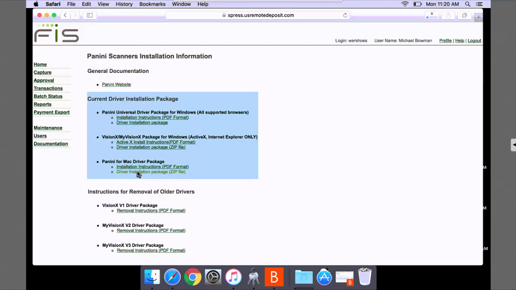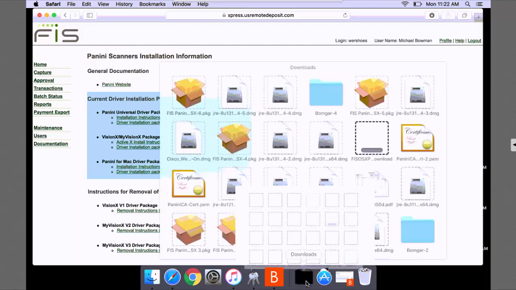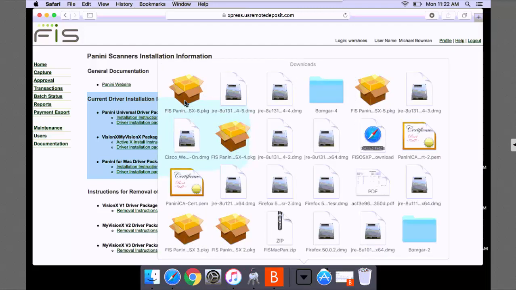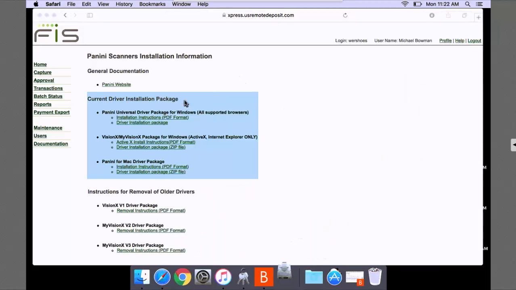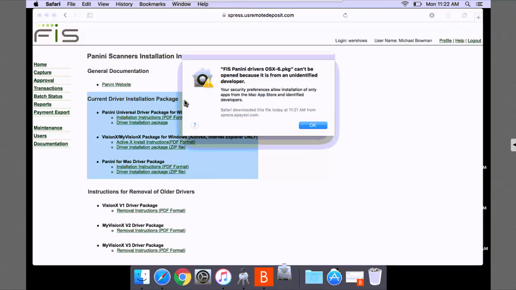This will begin a download once again. After the download is complete, the downloads folder will bounce up and down, and we will go ahead and run our newly downloaded driver installation package. Depending upon the security level of your user's Mac, once you attempt to run our driver installation package, you may receive a message informing that you are unable to run this package due to it not being an application listed in the Mac store. Go ahead and hit OK on this prompt,